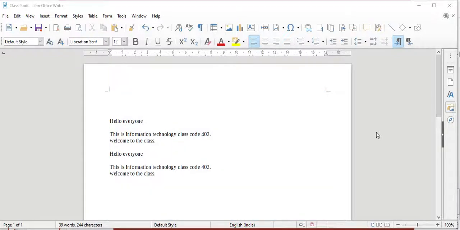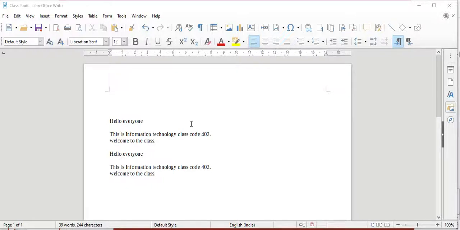Now, selecting non-consecutive text items. The process I have shown you just now is for the selection of continuous text. But suppose the text is not continuous and you have been asked to select parts of the text from the paragraph, then perhaps you may say it's not possible to select non-consecutive text. But Writer provides a way to select non-continuous text using the keyboard and mouse. Let's see how it works.